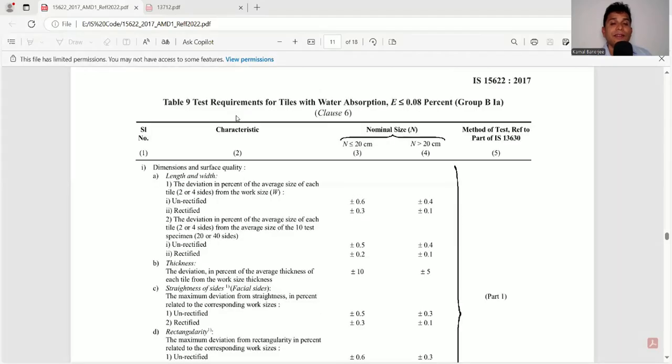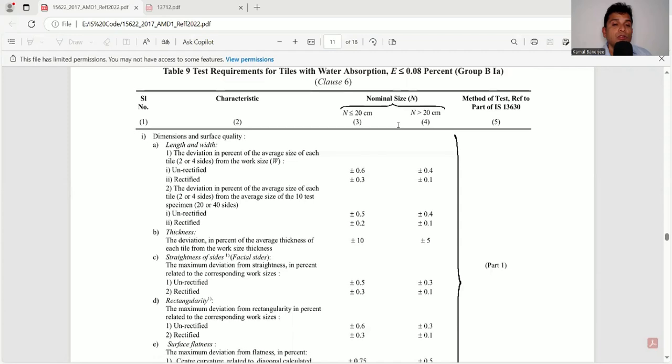See, this is table 9. In this table 9, the requirement is for tiles with water absorption E less than 0.8%. That is our vitrified tiles. So I will not go into the details, but you need to satisfy each and every criterion. I have discussed in detail all about vitrified tiles. The link is in the description. You check, I have discussed each and every point, but in short